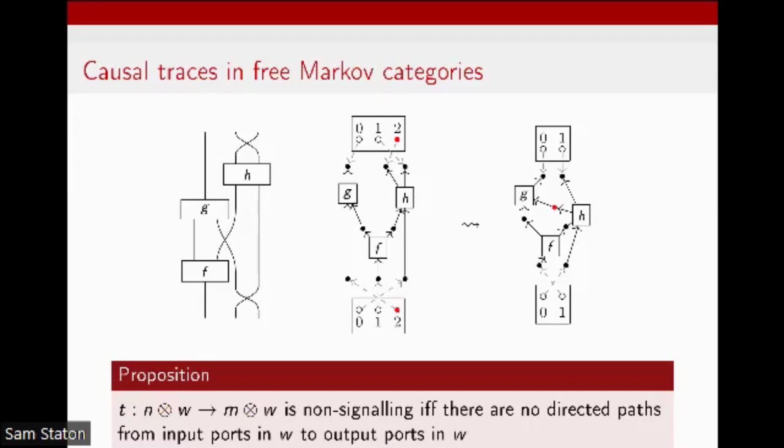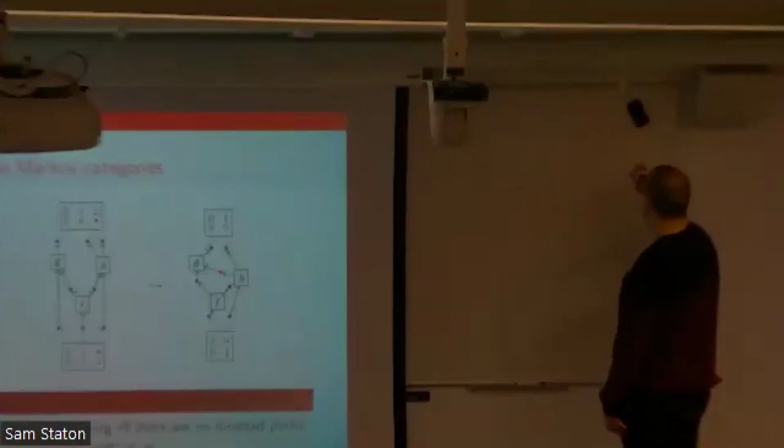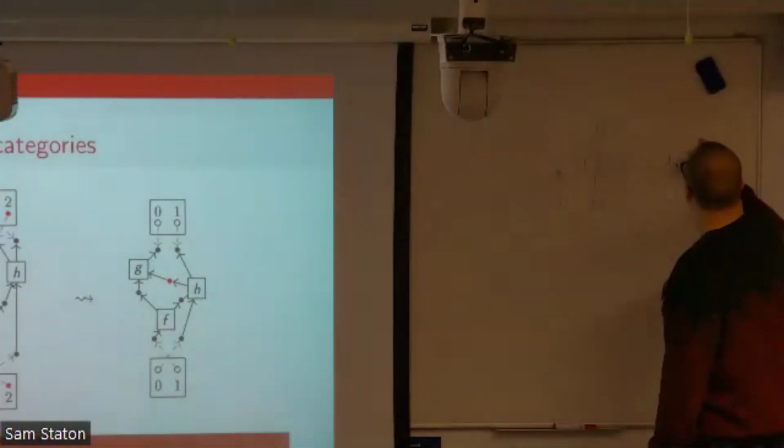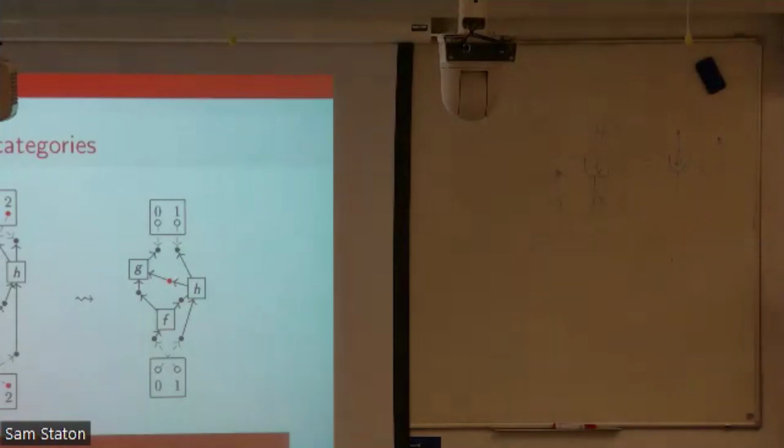I didn't put it on the slides, but I can draw here maybe with the black. So if we were to take a trace of, let's say, this morphism where this is an X, this is an X, then I can clearly do this trace. But after this, I would need to normalize the hypergraph, because this should be equal to this. This should be equal to this. So the combinatorics is a bit more complicated than just gluing here, but it all works out nicely, and I satisfy all the causal trace properties.